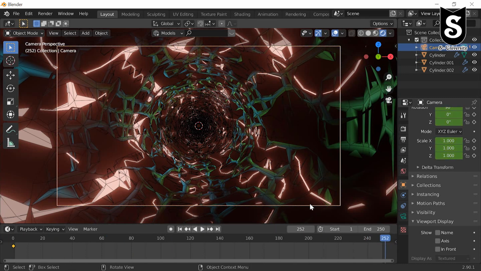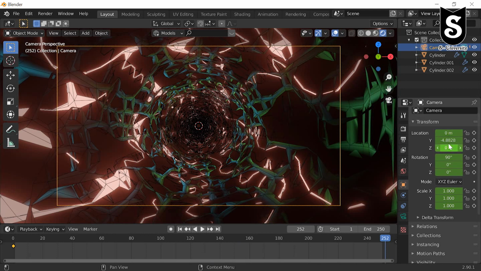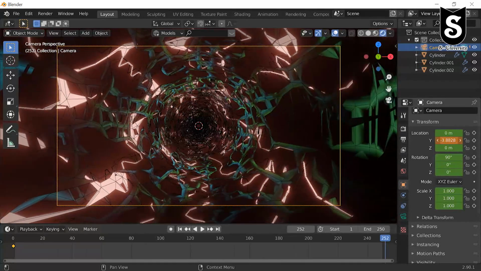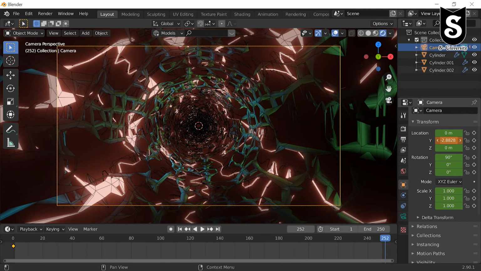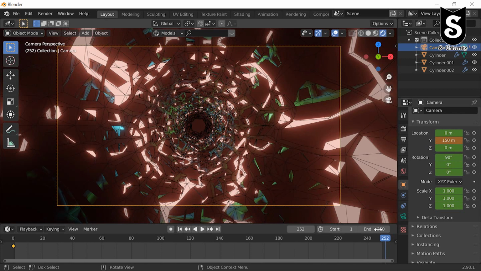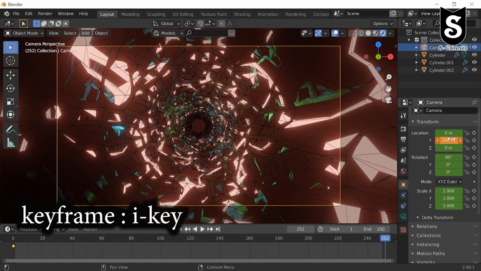Now change the camera position in the Y direction, make it around 150, press I to insert a keyframe.